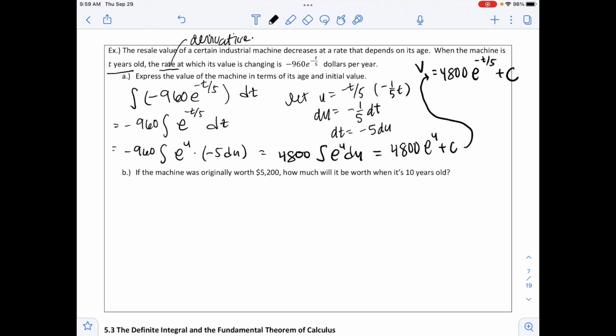I'll call that v. Part B says if the machine was originally worth $5,200, how much will it be worth in the next 10 years? So when it's 10 years old. So it was originally worth $5,200. So that would be when time is equal to 0, since that's the original. And our value was $5,200. So substituting this into my equation that we just found,